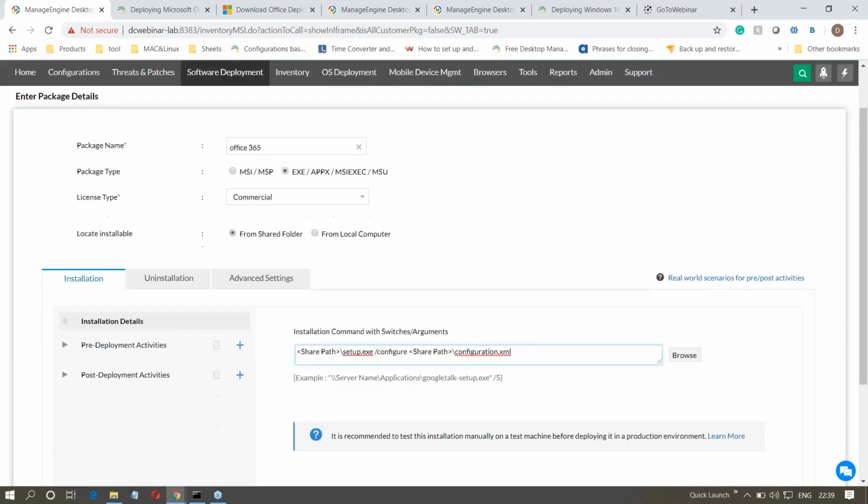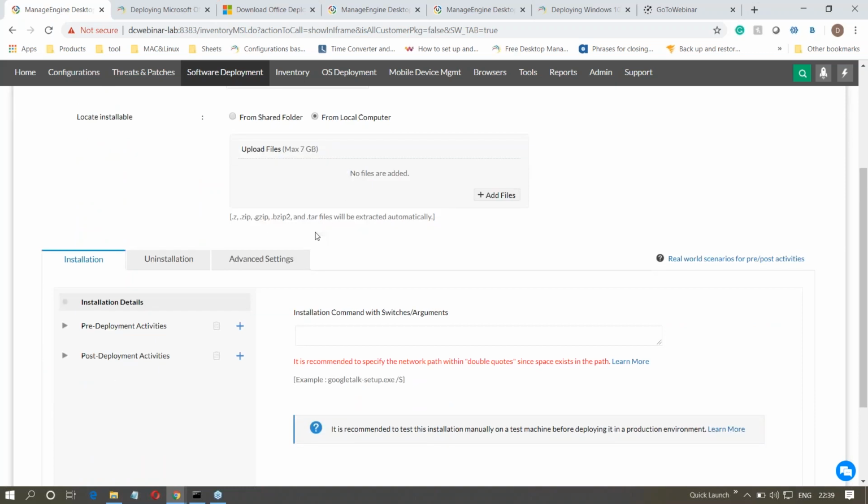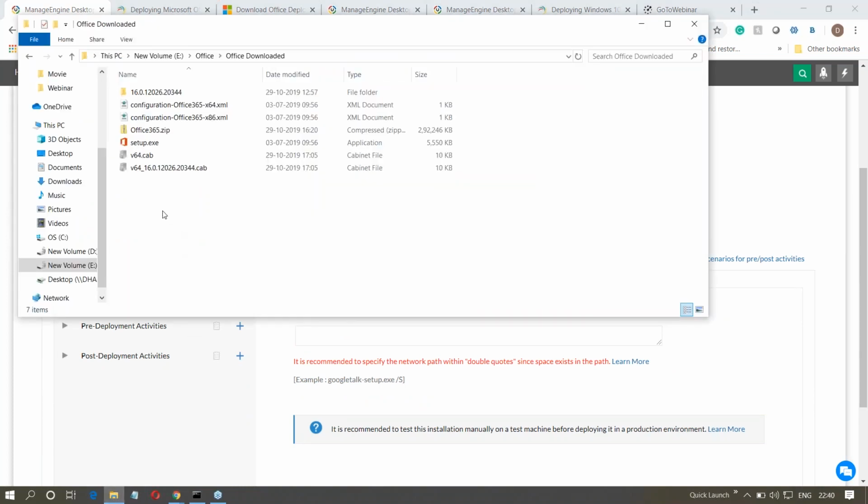Now, using the share, you have updated and you have created the package. But what if your machine is outside your network or it's connected over internet? Then share will not be the right choice. You may go with the local computer option. When you go with local computer, you need to upload the files. To upload it, please select all the files